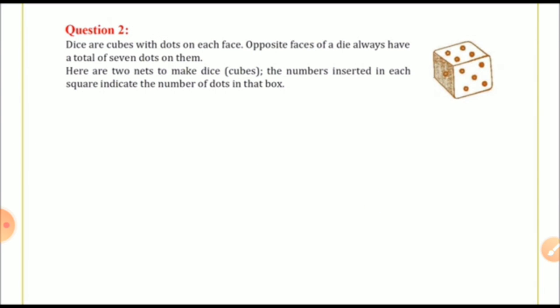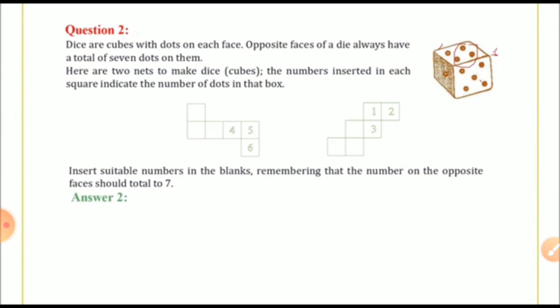Okay, now look here, my dear students, the answers for this question we are going to solve with the nets. You should prepare one dice with the help of paper or card sheet, and then put the dots according to the rule of 7. Is it better? Yes. Now opposite of 4, downside should be 3. When you open it, you have two options like this: 4, 5, 6, 1, 2, 3.